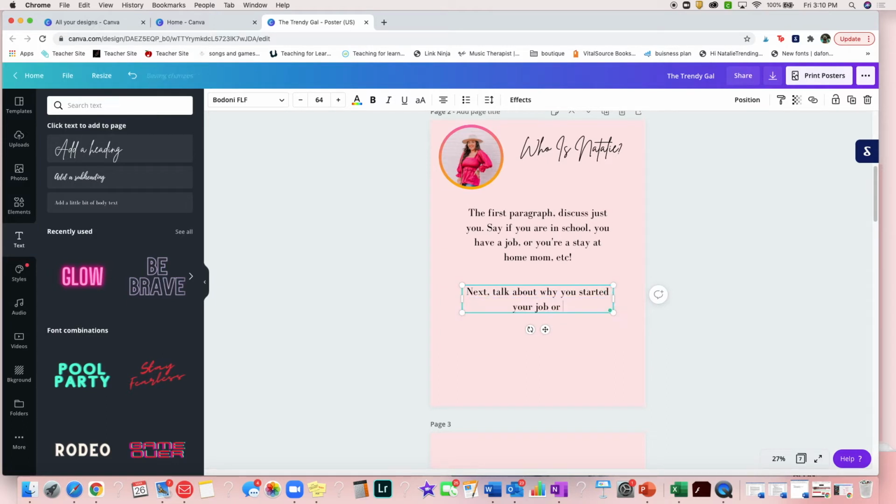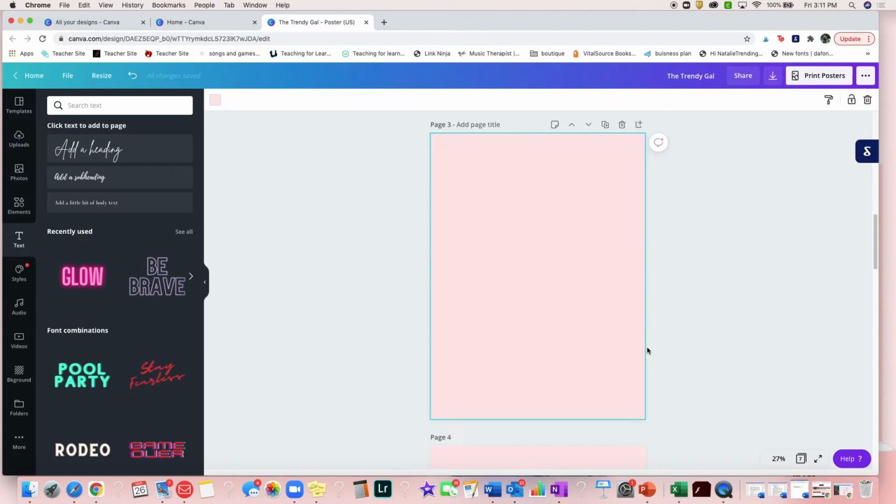You can even put goals, stuff like that. Just give them a little rundown of what your whole brand is about. So on these pages as well, I am just sharing what I would put on these pages. I'm typing it out for y'all. Y'all can pause the video whenever and reference them if you get confused. This is just what I include in my personal media kit, and I just did it because I hoped it